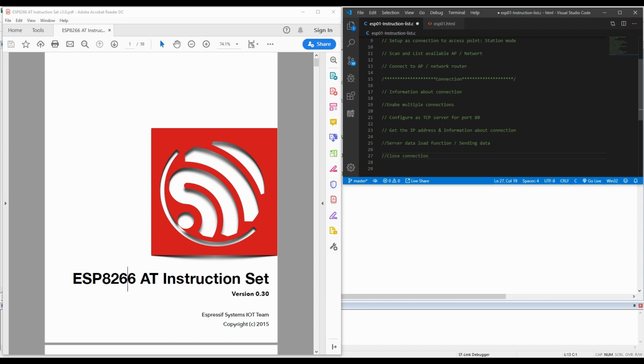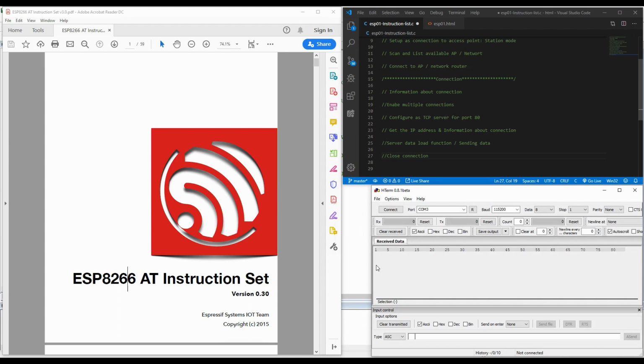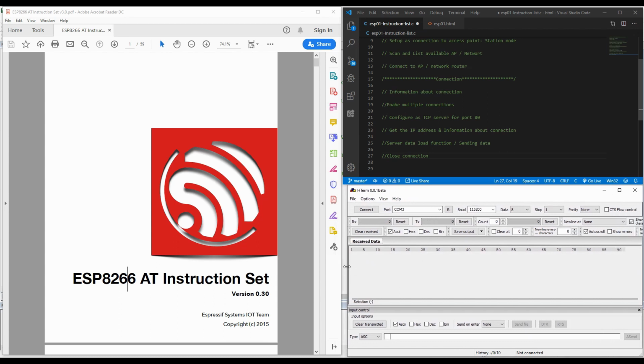Okay, so we will be using HTerm as usual. I really love this software. I find that it is a very simple and clean one, so we keep using it. I removed the sending history because we don't need it, and just for consistency of space. And let's start